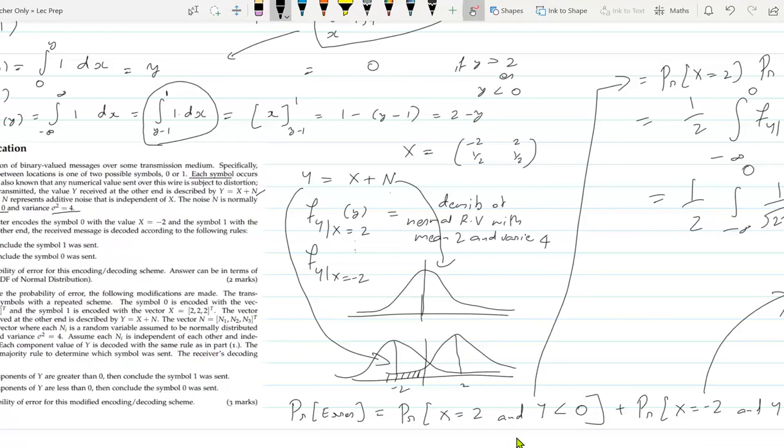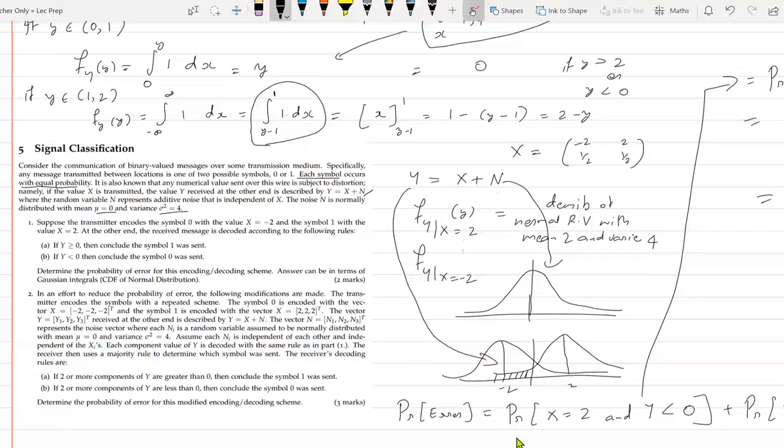The normal thing to do is, instead of sending 2 one time, I will send it 3 times. I will send 2 once and you will get this y. You will decode something. I will send the same message a second time, you will again decode something. I will send it a third time, you will again decode something. And what you will do is what we did last time with the lying Alexa, which is you take the majority decoded value. So the question is asking what is the probability of error under this new decoding scheme?